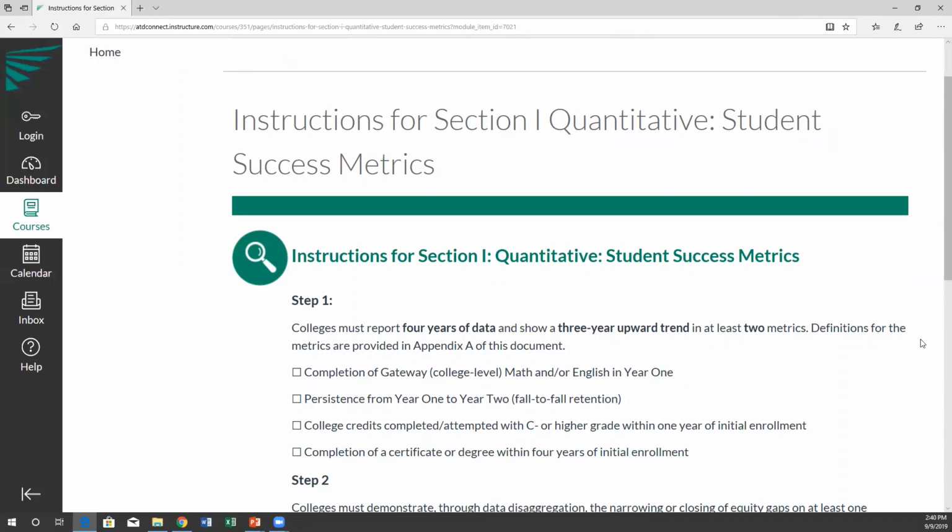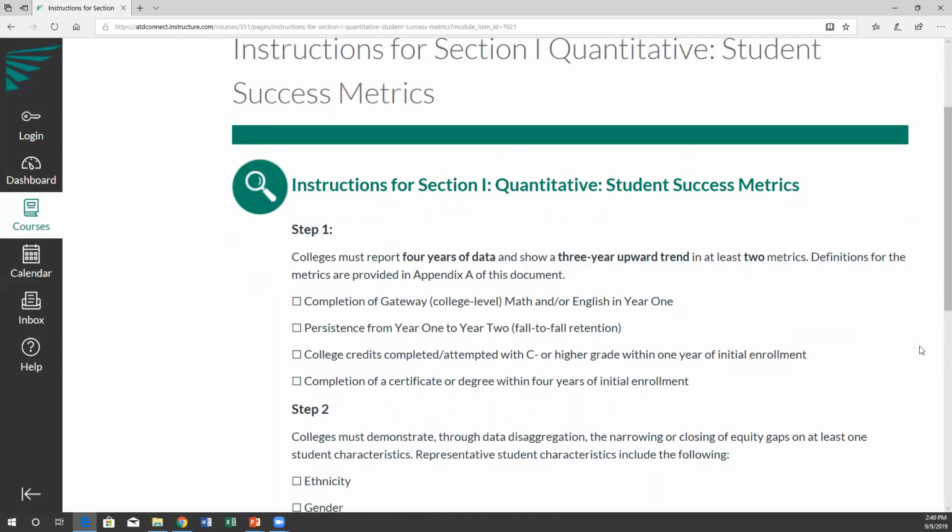The Leader College metrics require colleges to report 4 years of data, show a 3-year upward trend on 2 student outcome metrics, such as completion of Gateway, college-level math and/or English in year 1, persistence from year 1 to year 2, fall to fall retention, college credits completed, attempted with C- or higher grade within 1 year of initial enrollment, and completion of a certificate or degree within 4 years of initial enrollment.